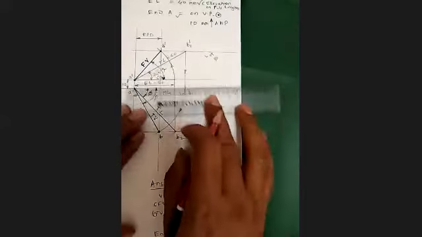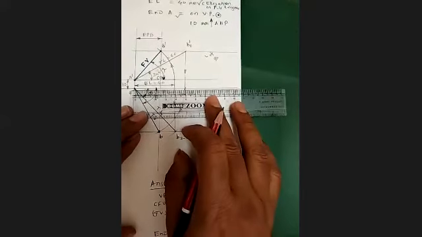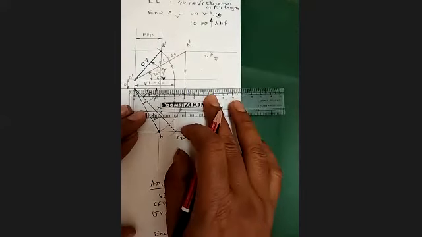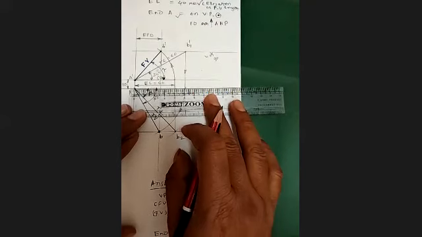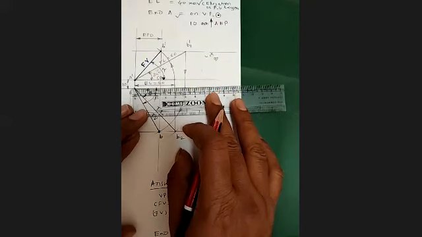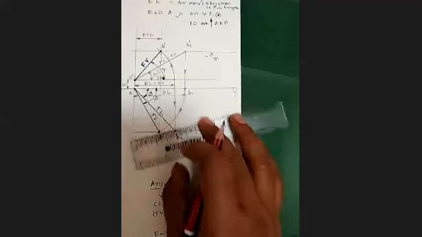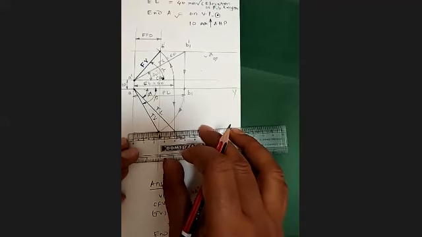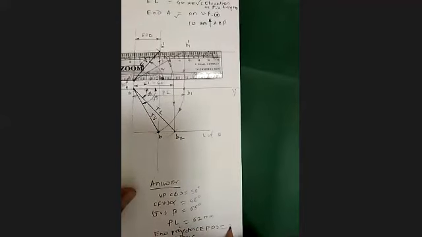Then end projected distance. How much? 25 point something? Yes, sir, 25. 25. So